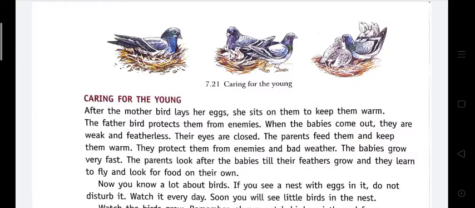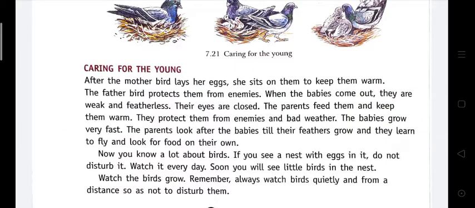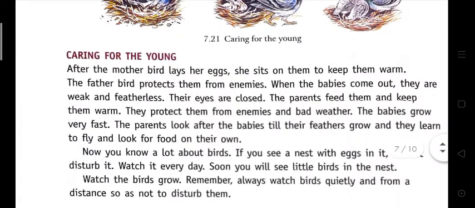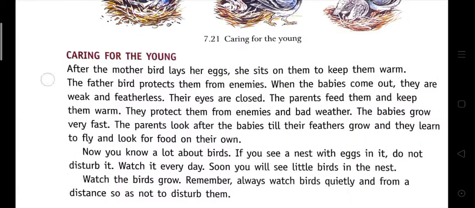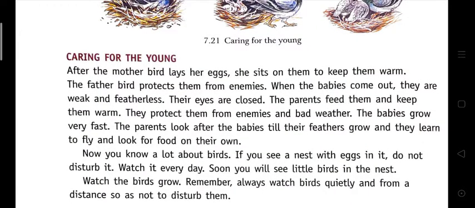Okay, next, caring for the young. After the mother bird lays her eggs, the mother bird keeps the eggs warm so that they hatch. After they hatch, the baby birds come out and they are very weak and featherless, and they do not have their eyes open.